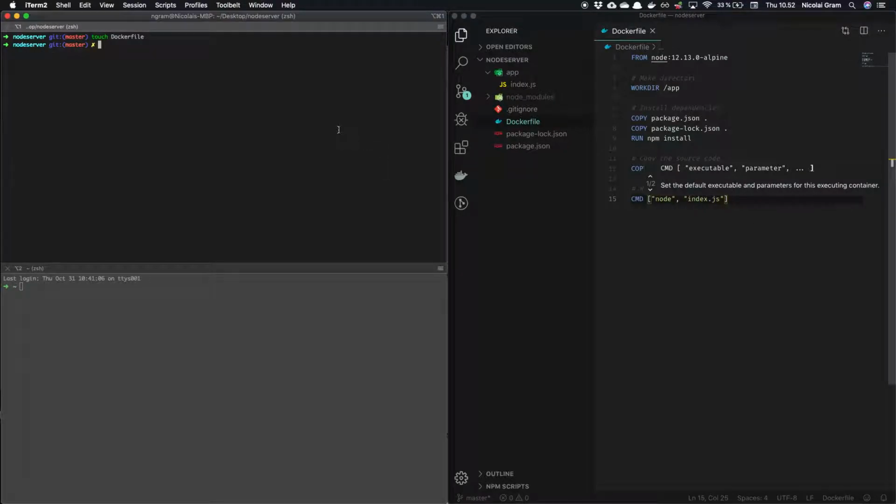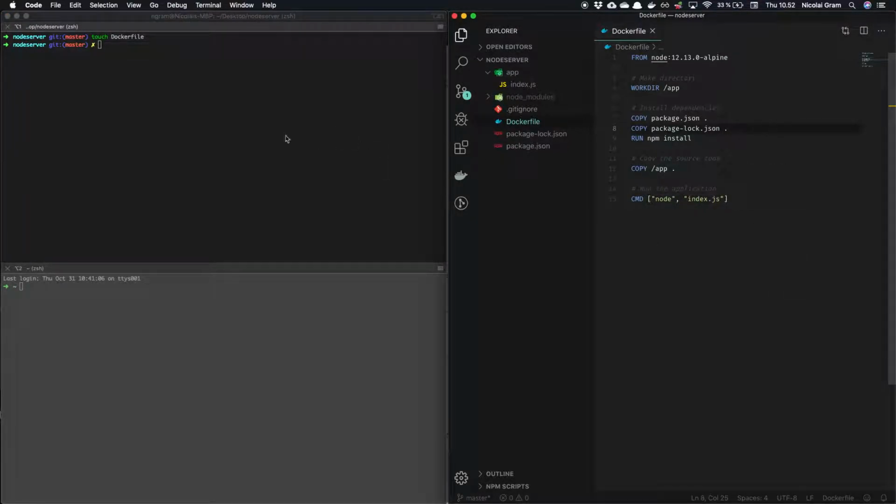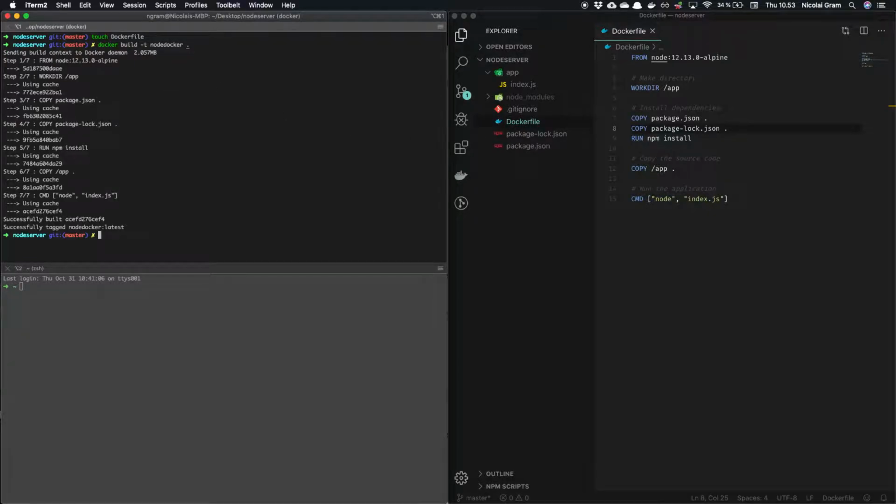Now we can head back and build the Docker image. So that'll be docker build. We want to give it a name so we can reference it using the -t for tag option, and we'll call it node-docker. Then we need to specify what we actually want to build. So we'll just say dot for the current directory and it'll find the Dockerfile, as we have called it Dockerfile with an uppercase D. When we run this, it says successfully built, because I already have the image, otherwise you probably would be